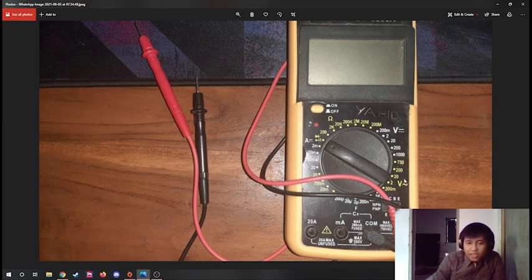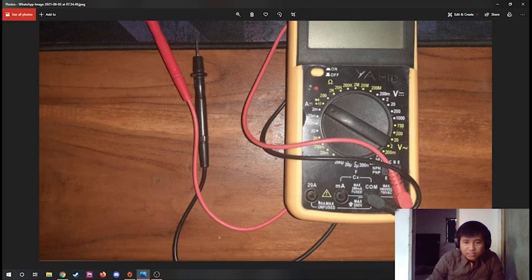And then we have the rotary switch. The switch is to change the scale of the value that we want to measure. For example, we want to measure that resistor, but the value won't show up. It means the value of the resistor is way above the scale we set, or way below the value that we set. So we have to change the rotary until the value shows up.